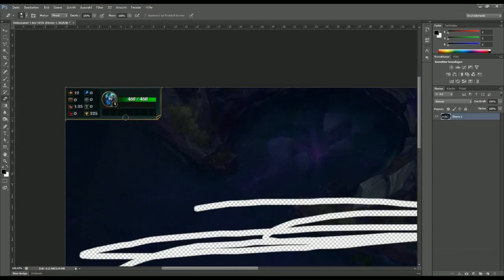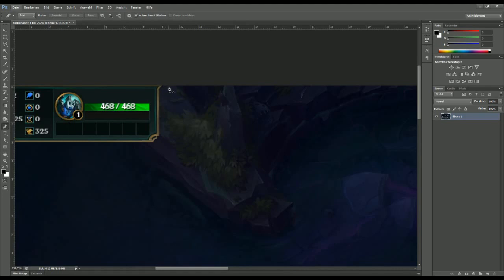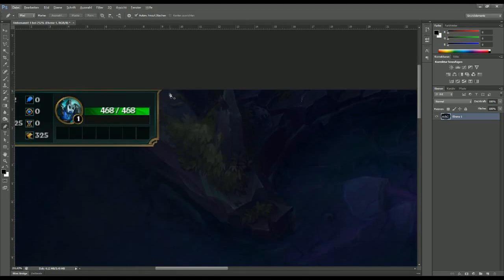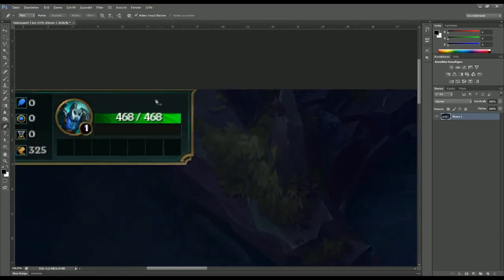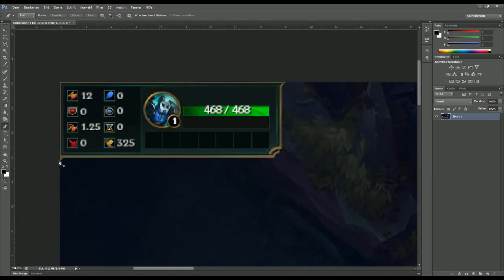This is the way that I prefer to use, or the way that I'm actually going to work this out. I'm usually going to work with paths. That allows you to be way more precise and cut out everything in a better way. So we're going to start here to cut out everything that we need. First of all I will cut out all these frames, and we'll simply start here. What you're going to do now is work with